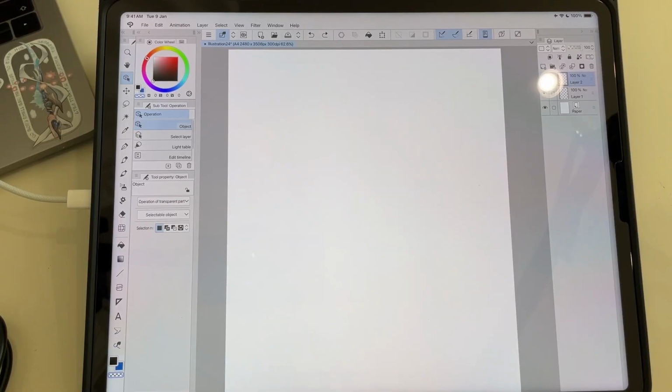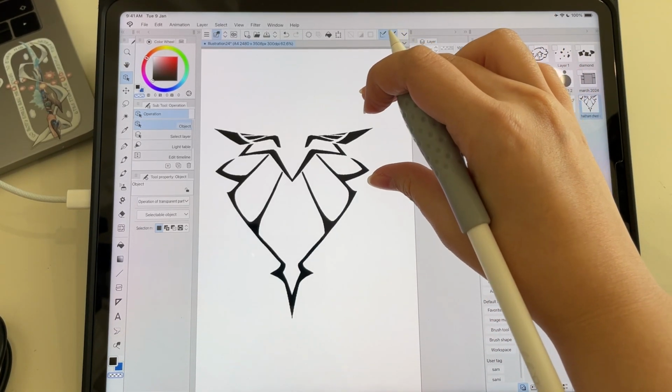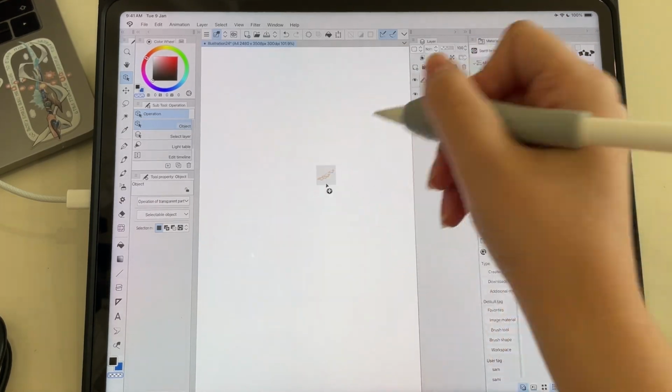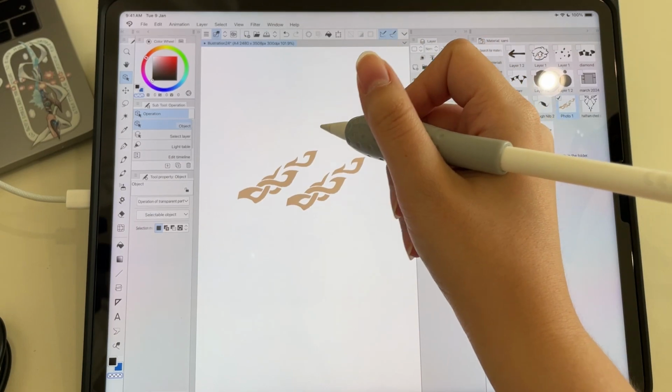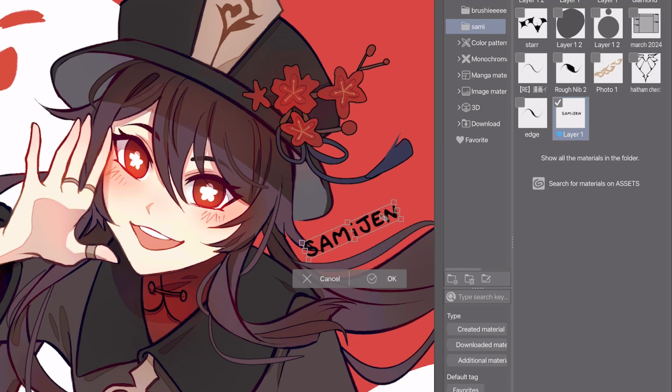If you have a certain part of a character that you may draw often, and maybe you've made a pattern and saved it as a PNG, well, you don't have to do that. You don't have to drag and drop a PNG onto your canvas every time. You can just register it as a material. This is what I've done for the pattern on Alhaitham's chest, because I draw those characters a lot. The same goes for the pattern on Kave's cape. So I just drag and drop, I'll just flip, and use it in my artwork. It's also how I slap my signature onto my artwork.